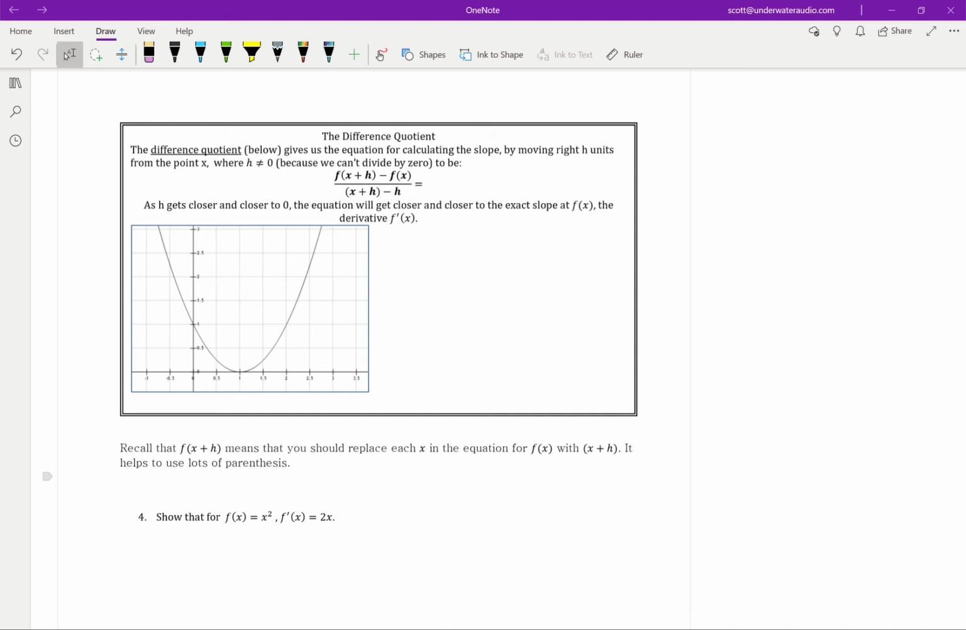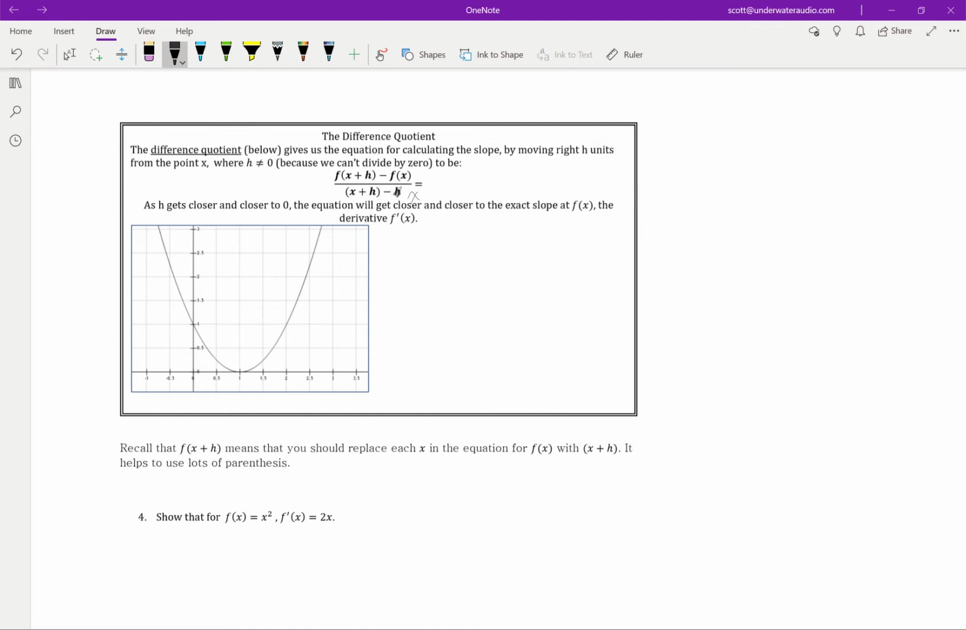Okay, so in the last video, we were in section 1.3, and the thing we were doing is taking 2 points on a line that approximates a curve, and we were using the slope formula over and over again. We can streamline this with this formula called the difference quotient. Actually, I wrote it wrong. This right here should be an x. The difference quotient gives us the equation for calculating the slope by moving right h units from the point